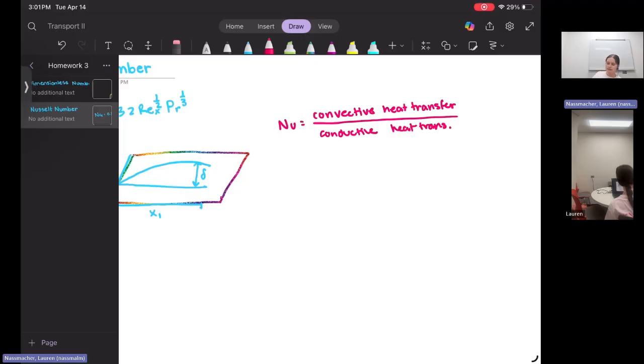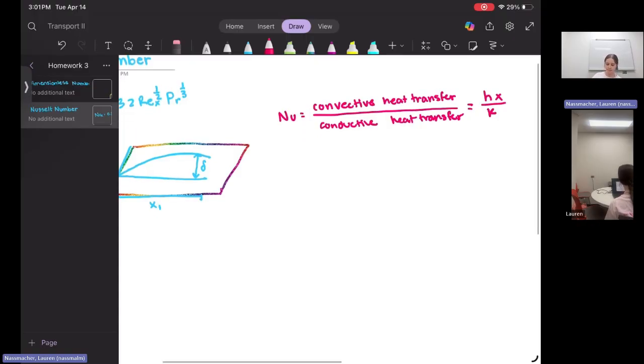And that means it is equal to the coefficient of convective heat transfer, h, multiplied by x, over our coefficient for conductive heat transfer, k. Our Reynolds number is going to be our density multiplied by velocity by the depth, over